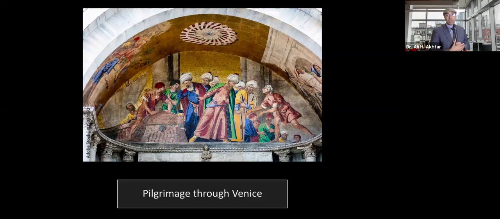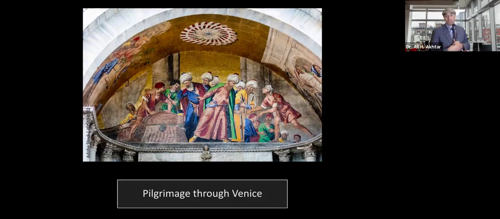So we're seeing here some of the painters here. What's interesting here is that this is not even a painting, this is a mosaic. So in earlier centuries, these artists in Venice were beginning to incorporate, you can see that they were experimenting with different ways of representing Middle Eastern, North African silk, like this pink thobe worn by one of the Egyptian administrators. They're experimenting with new ways to represent these motifs and styles in Italian art. And in this case, this is a mosaic. So if we zoomed in, these would be small tiles.